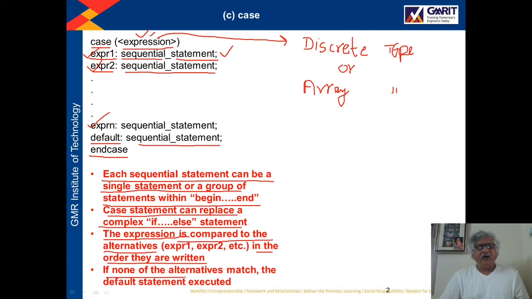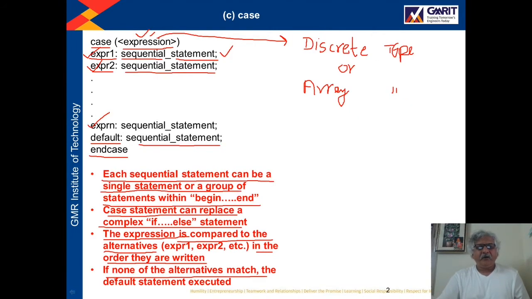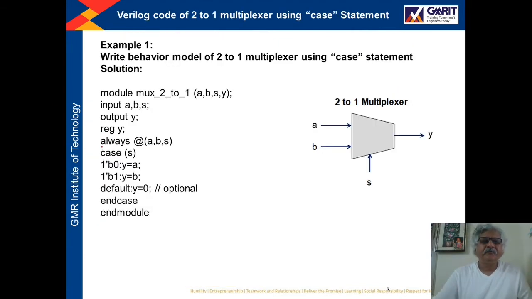If none of the alternatives match, the default statement is executed. So if the value of this expression does not match any of expression 1, expression 2, expression 3, and so on, then the default sequential statement will be executed.